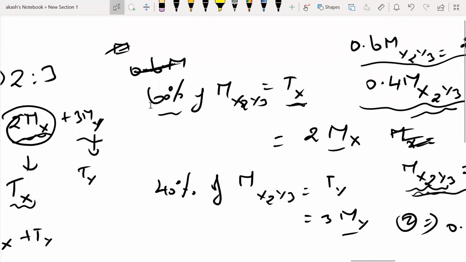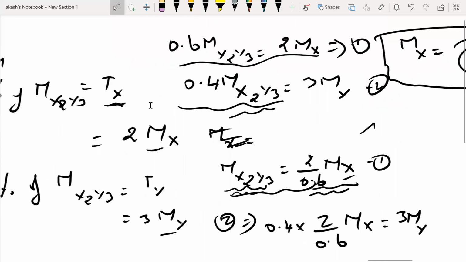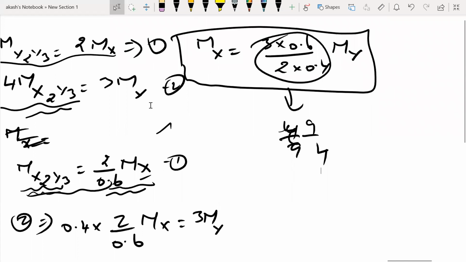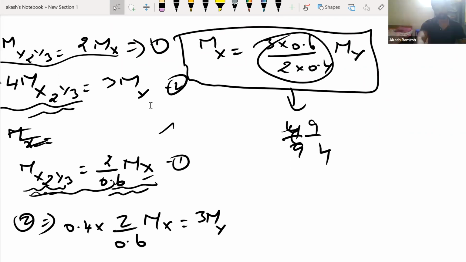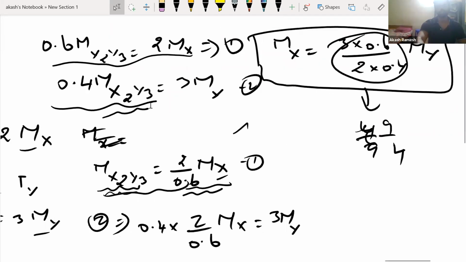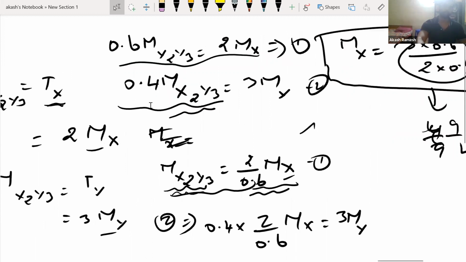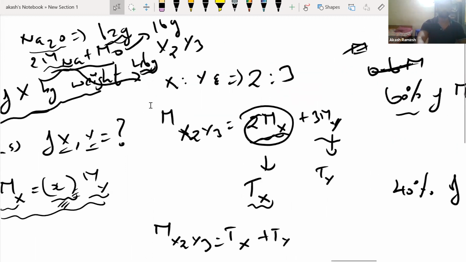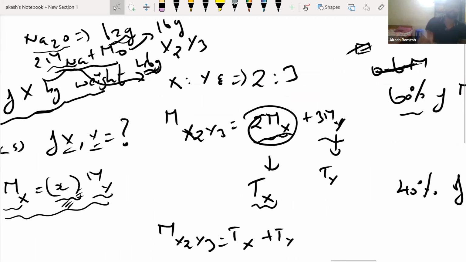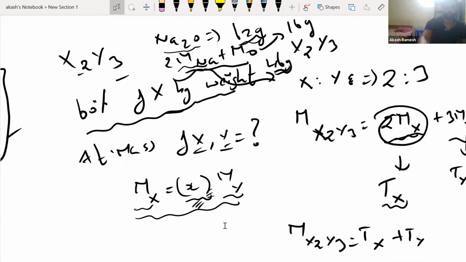Sir, actually, in these types of questions, we can assume the total weight to be 100 grams, and it will be much easier. Correct. Then you'll be able to write in terms of molecular formula. The simplest thing would be that. It's actually a very good method. We'll just try that. I'll tell you how it works.